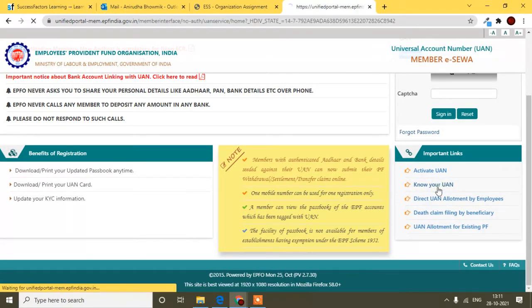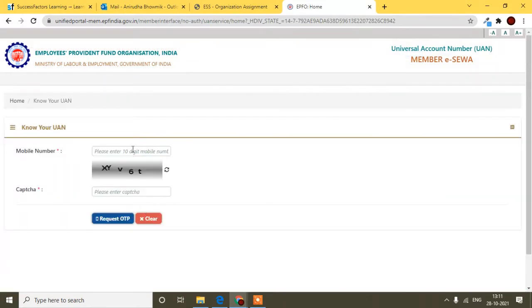Click this one, and after that it will ask for your mobile number. Now here you can fill any mobile number. It's not necessary to fill your registered mobile number, you can fill anyone's mobile number, but an OTP will be sent to that mobile number. You just have to get the OTP and fill it, but here you can put any mobile number, I'm saying again. Now here I will put my mobile number because I need the OTP, otherwise I can put someone else's mobile number.